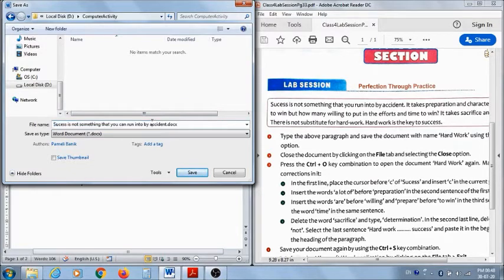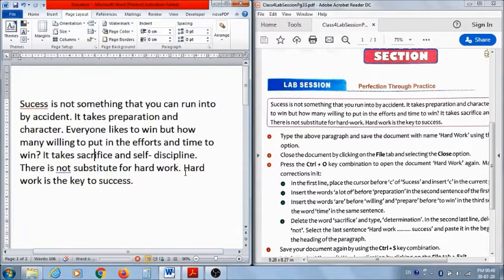Now see, by default it has taken the first line. So you can just name it as first activity and press save. So now see, in the title bar it is showing you first.docx. .docx is the extension of a Word document.